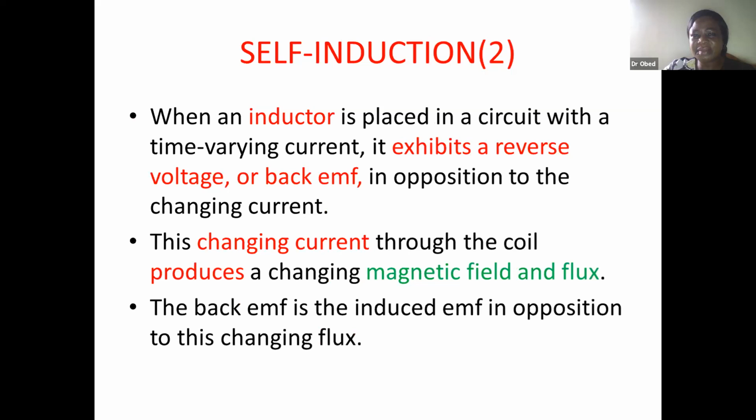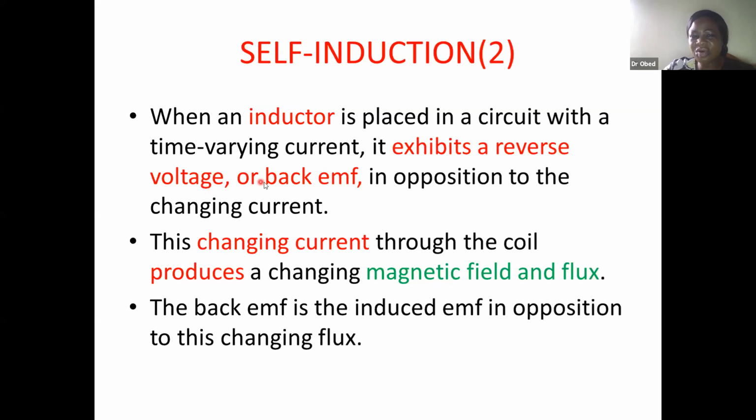So when an inductor is placed in a circuit with a time-varying current, it exhibits a reverse